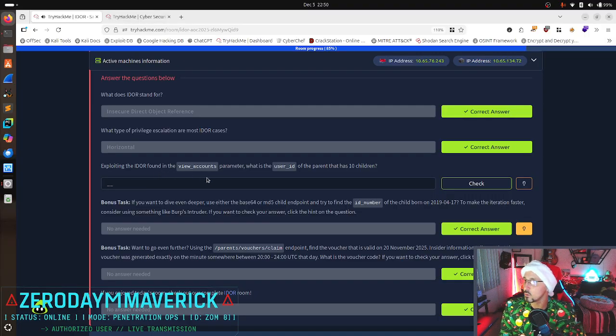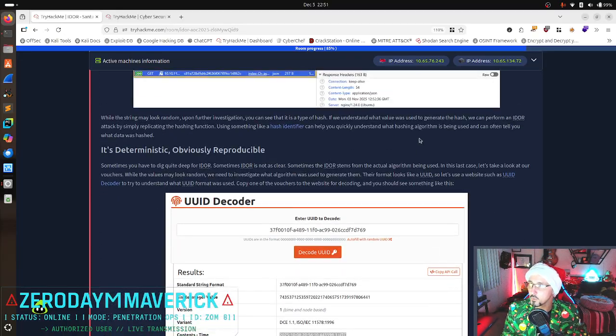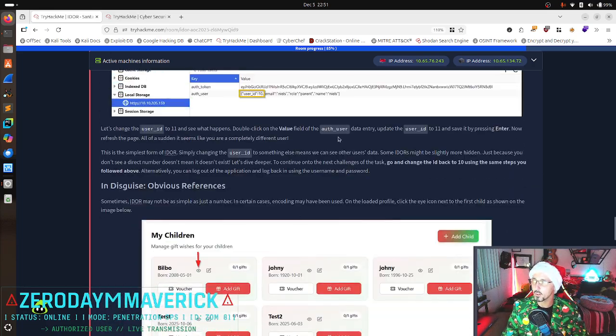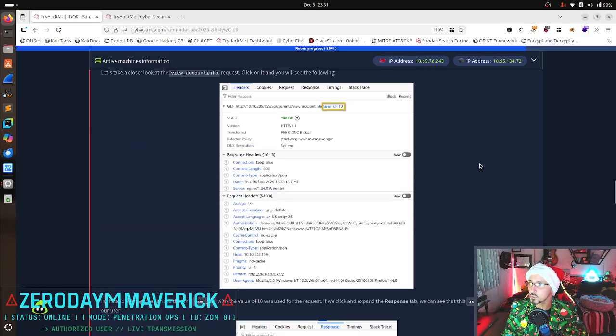So, exploiting IDOR, we found the view accounts parameter. What is the user ID of a parent that has 10 children? Okay, so let's figure out what we have to do from here. We're not done yet, so we probably have more to do. We found that this is my children. So we found earlier...